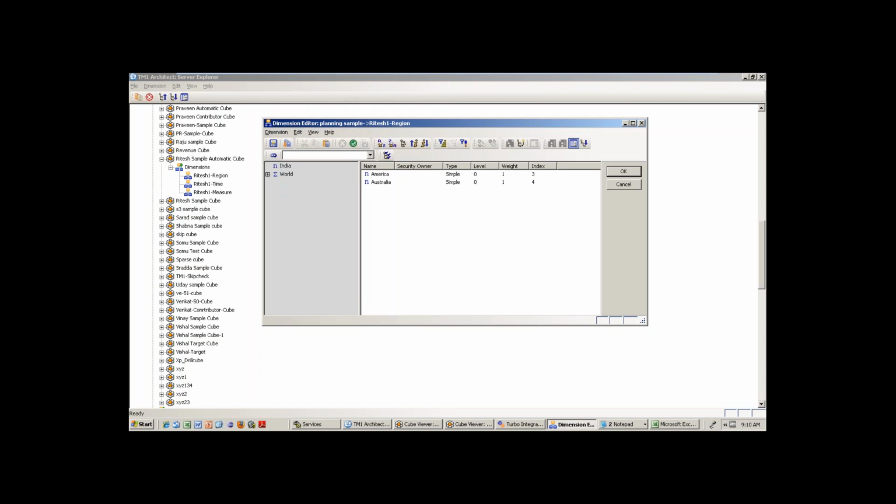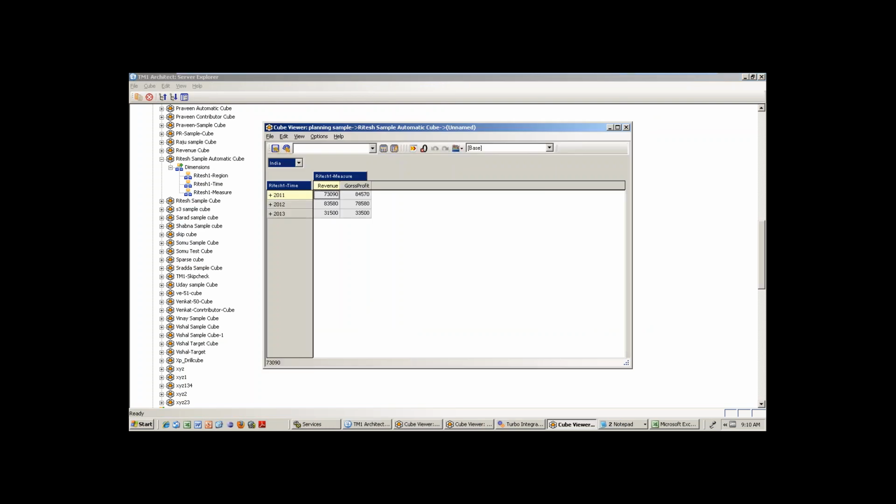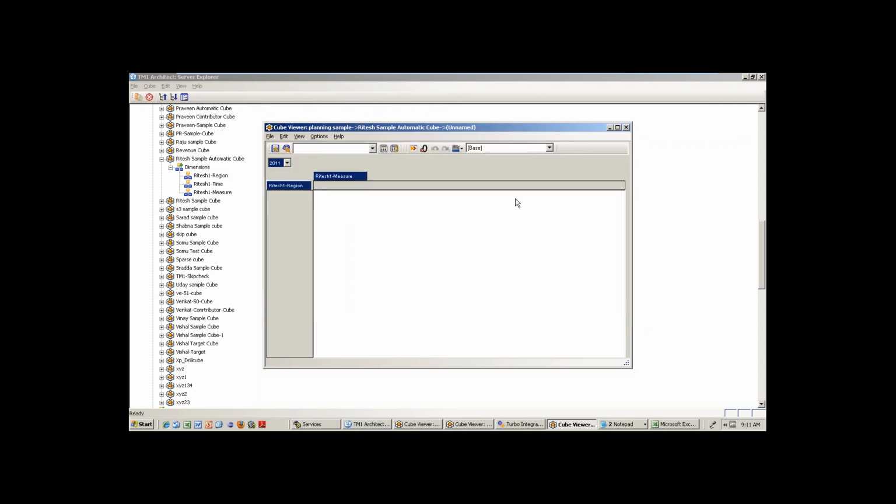Now see this. You are not expecting India here. Okay. Click OK. Now if you go ahead and see, now, Old is a combination of only America and Australia, but India is out of the box. So from now onwards, if you rebuild also, it will be in the same structure.